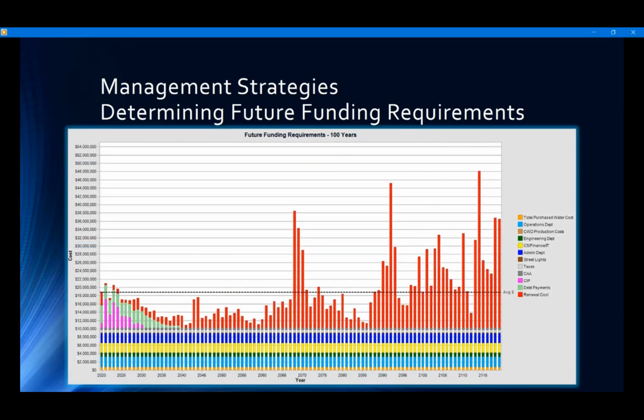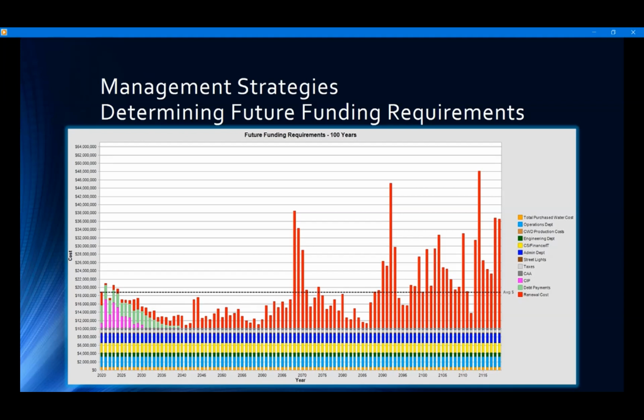And then last but certainly not least, when we knit all of those assets, again, there's just shy of 90,000 assets in our asset registry. We can get a longer term view of the system and its financial needs. So again, if you look at the 2020 to 2025 area, we've got our debt loads and capital improvement projects out, even past 2030 and 2035 when our loans are paid off, and you don't see too much in red